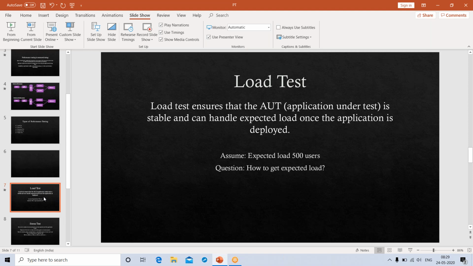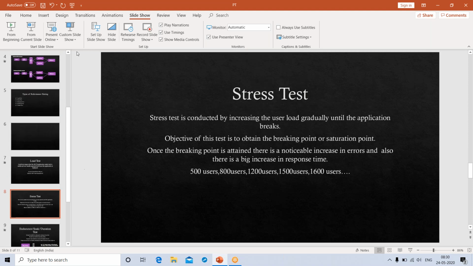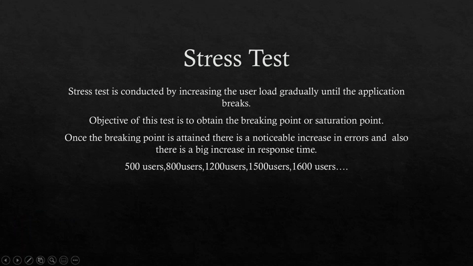Yes. For that reason, we have another test to be performed. For now we understood what a load test is, right? A load test is performed to evaluate the performance of the application under some load, that is nothing but the expected load. We are clear till now, right? Yes, sir. Now we have another type of test, which is called a stress test.